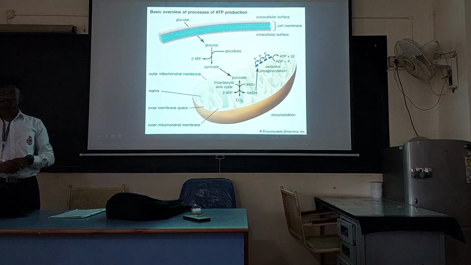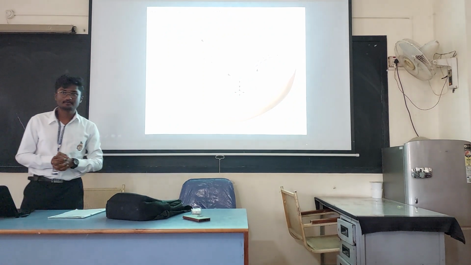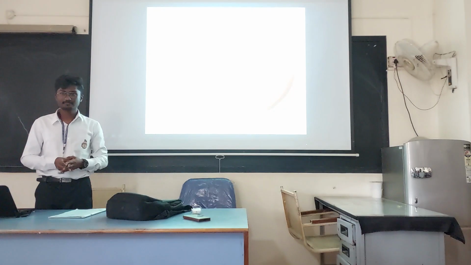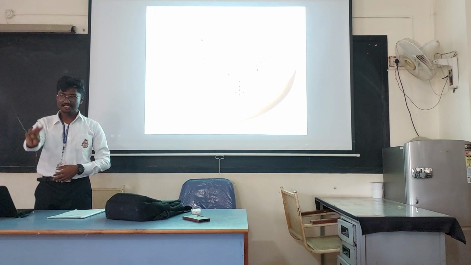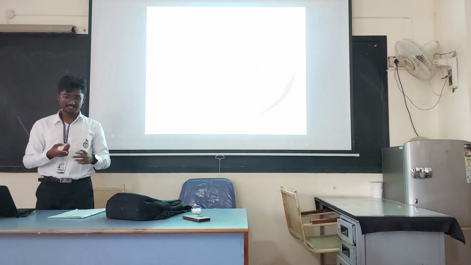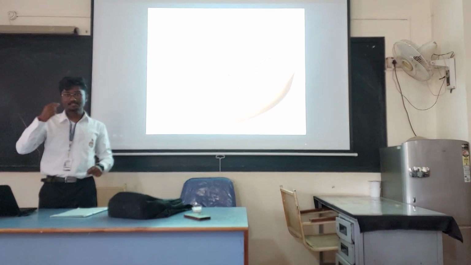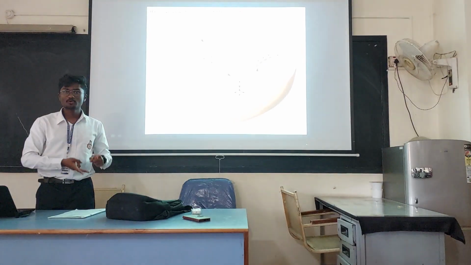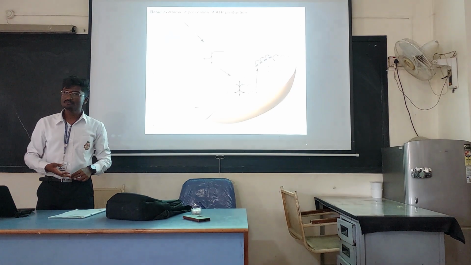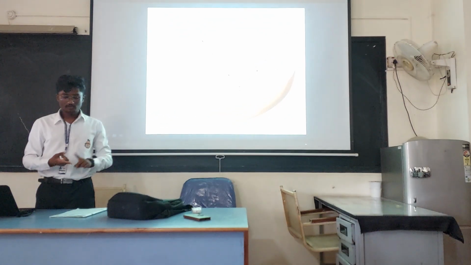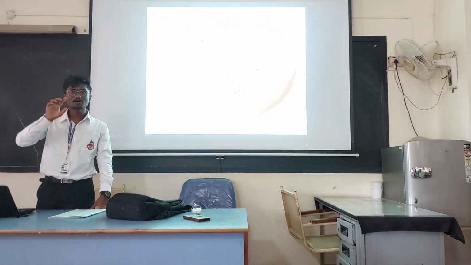See, what are all the energy sources for us? Food is the energy source. From food, there are 3 nutrients that we derive for energy, that is carbohydrate, fat, and proteins. Carbohydrates, after digestion, are converted to glucose. Proteins are converted into amino acids. Fats are converted into fatty acids. So the glucose is converted to pyruvate. This process is called glycolysis.